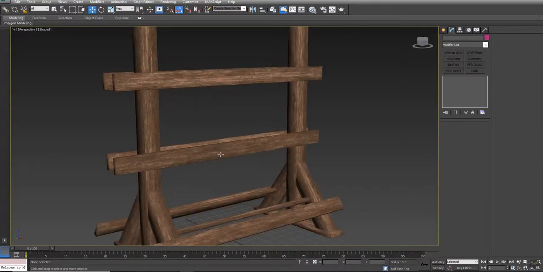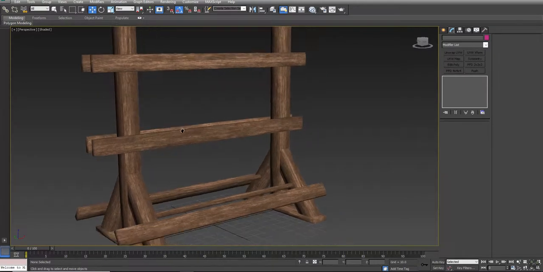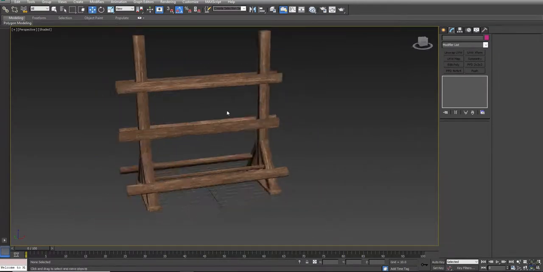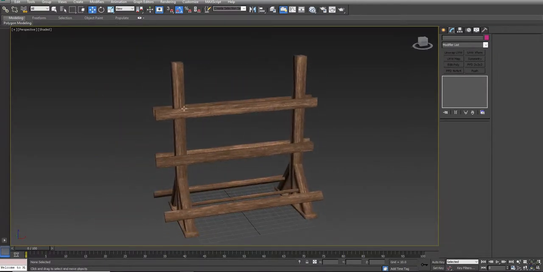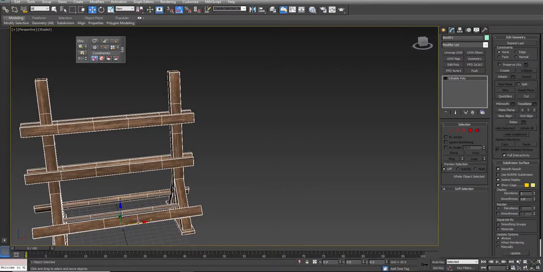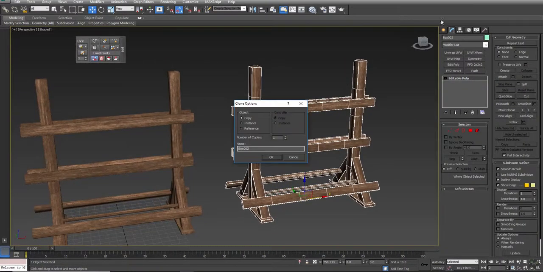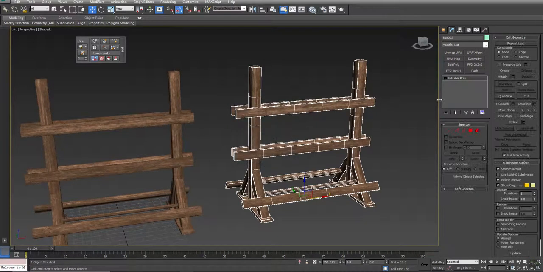Now what does this get me? Well, it gets me an object that has more textural detail inside of it because I'm using one texture that has a lot more pixel depth to it. The alternative would have been I build this out of primitives and then I take those primitives and I start